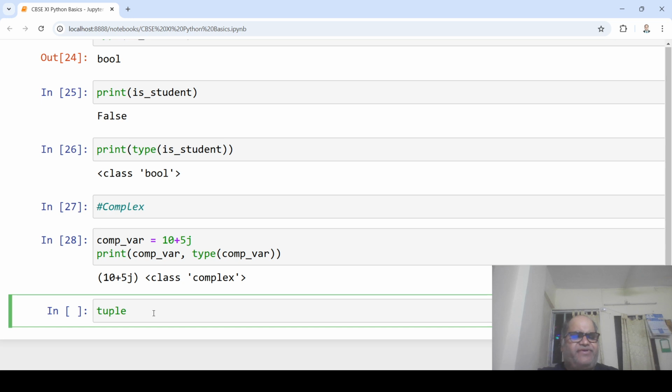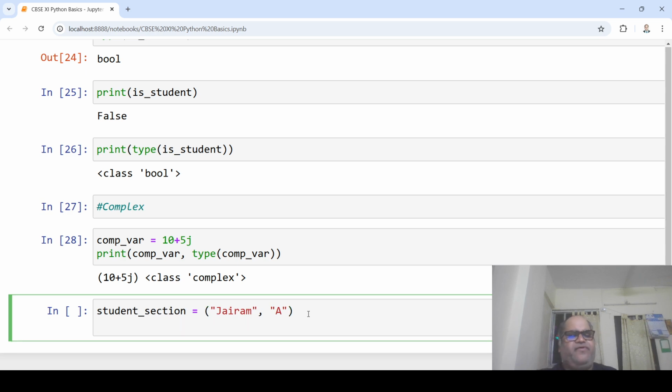And pay attention to it, because we'll be testing whether it is immutable or not and how it is different for you. So say your tuple is about a student name and its section. So say you are saying that Jairam is in section A. So this tuple is about a student section. Learn to have meaningful names, not very big, not very small. Now